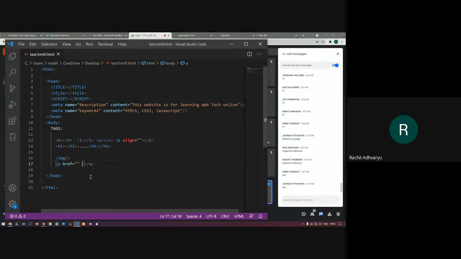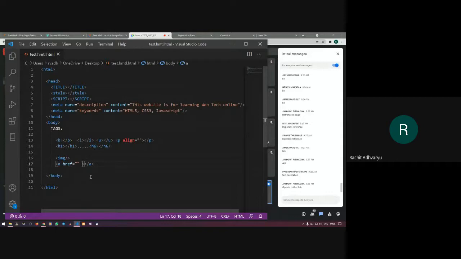What is another property, not tag, sorry, that can be added to the anchor tag? Text decoration in anchor tag, okay, open in another tab.